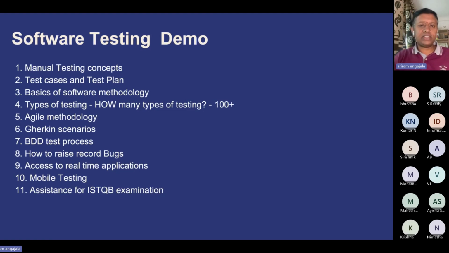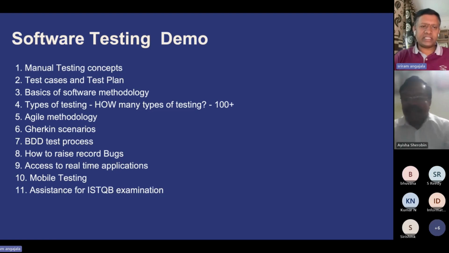So just to start, guys, we have two phases: manual and automation testing. In manual testing, as you can see on the screen, we'll first teach manual testing concepts. If you want to come into IT, the basic thing is you need to have the qualities of a software engineer, and especially if you want to become a